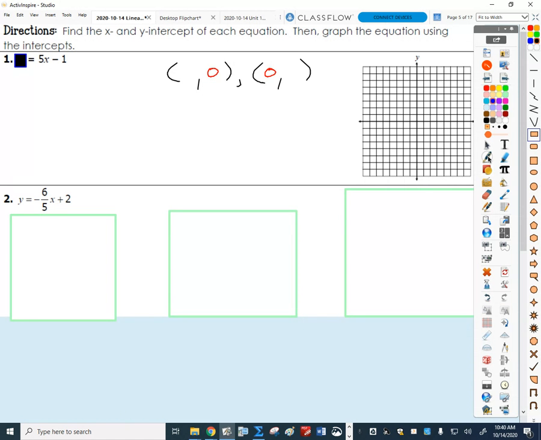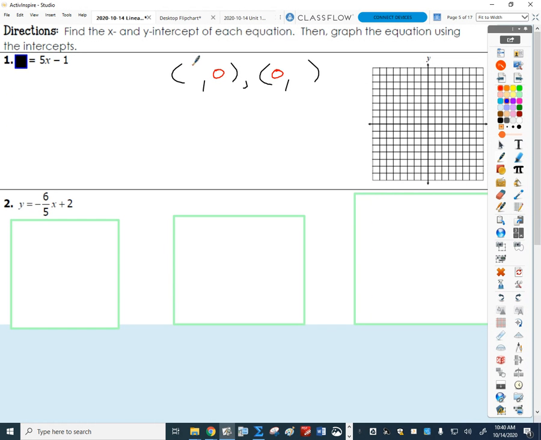Would be 1/5, exactly. Okay, if I want to find the y-intercept, I'm going to set my x term equal to 0, and that's pretty obvious then. It's already solved. Y equals -1, right? So if I want to graph this thing, I could go, and I'll tell you what, let's do